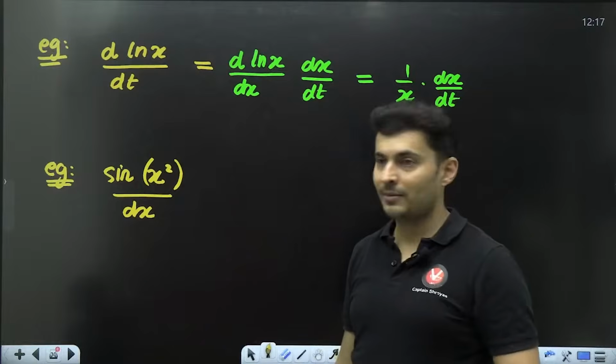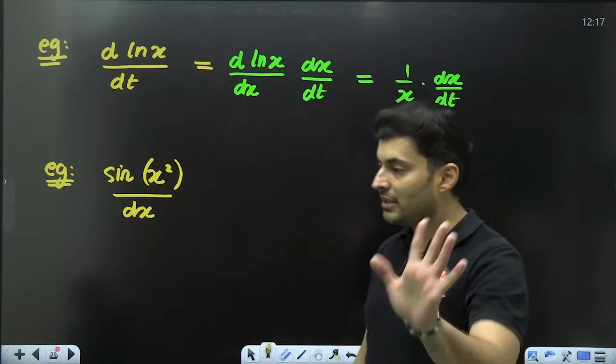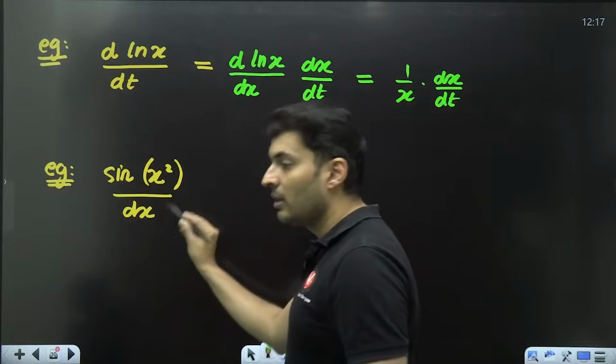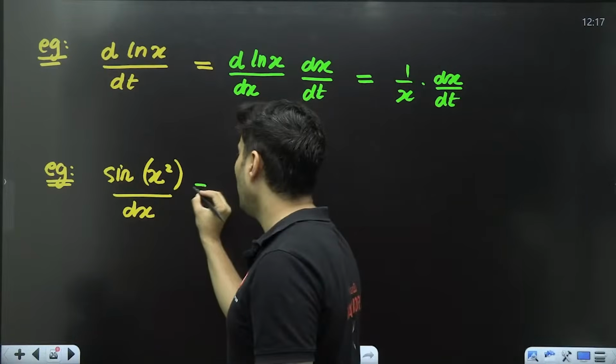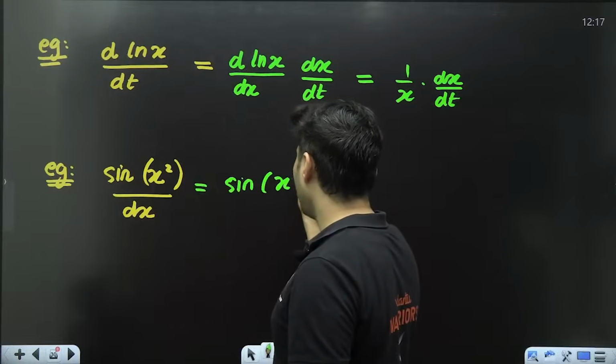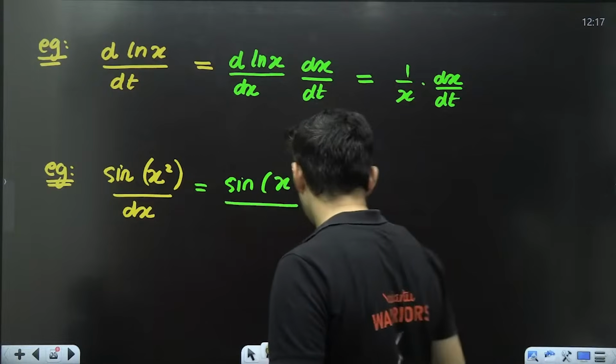Only then it would work. Yes or no? So I will make it work by deliberately putting x square without changing the equality. How? Look at this. Sine of x square with, sorry,